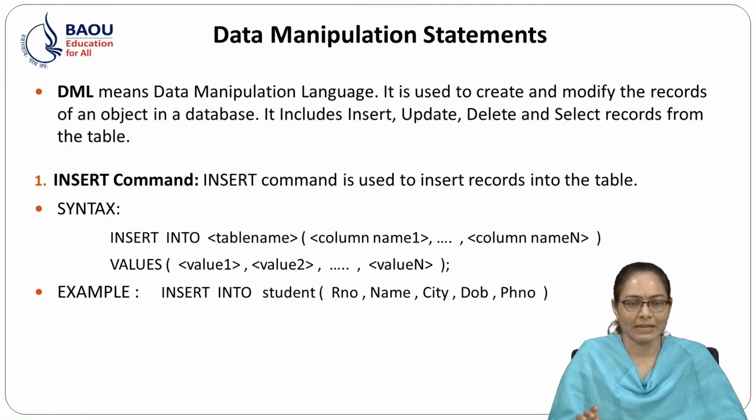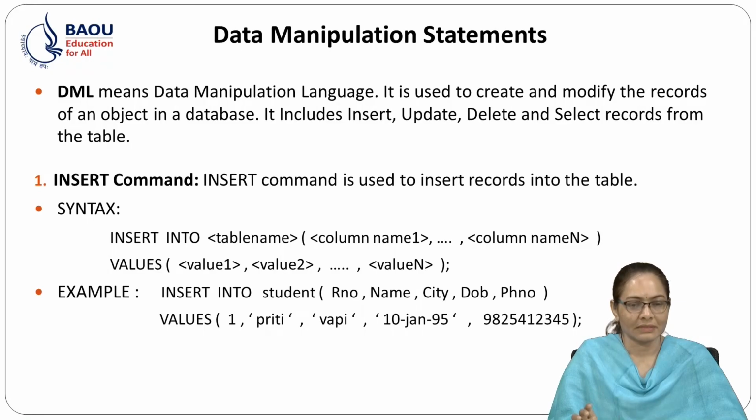After that, how to write the insert command. For example, we insert the records into the student table. In the student table, roll number, name, city, date of birth and phone number are the column names. So we write the command insert into student. That means table name, insert into student table. In round bracket, first column is roll number, comma, second column is name, comma, city, comma, date of birth, comma, phone number, then bracket over. Then